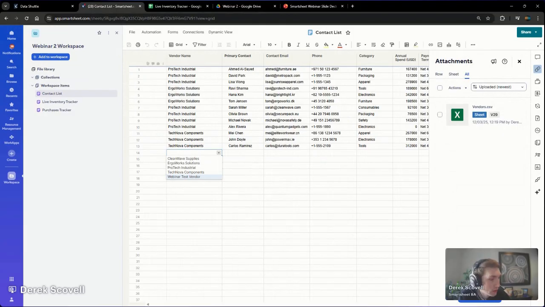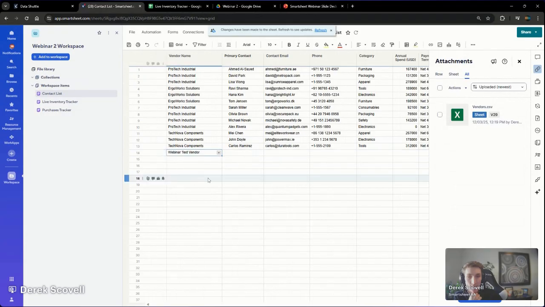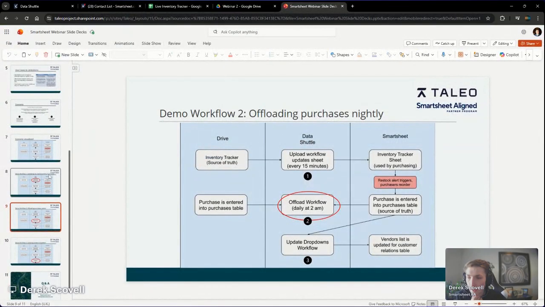I chose to run those workflows manually, but this process would have happened purely automatically in the background without any human intervention. We've exported the list of all our vendors, and we've taken that list and uploaded it to this sheet where we can now choose any of our active vendors to build a contact around. Amazing. That concludes